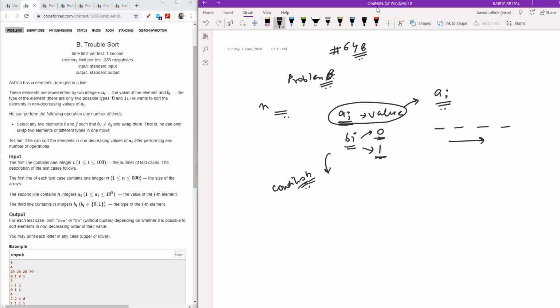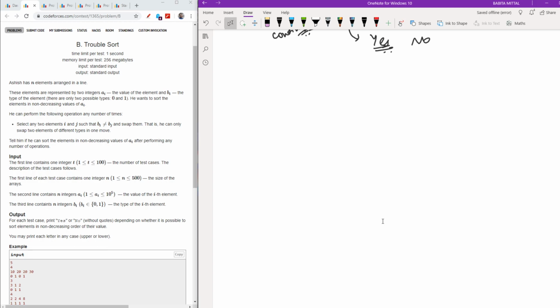You can do any number of swaps at any time, and after that we just need to show whether it is possible to make it non-decreasing, yes or no. If it is possible, we print yes, else we print no. So let's take some test cases, and with their help we will show what the approach could be.